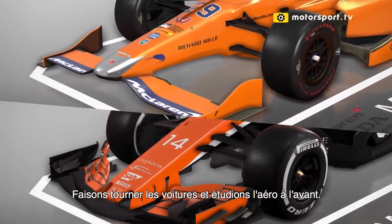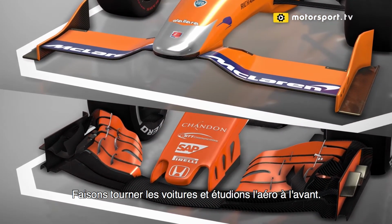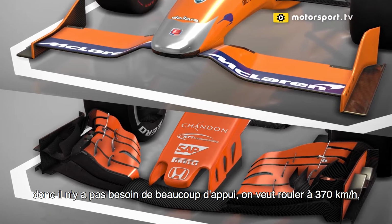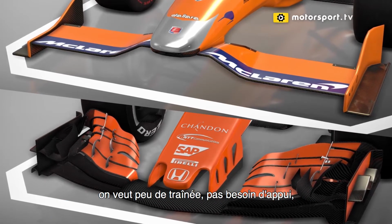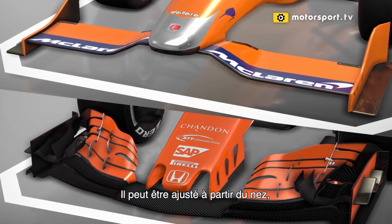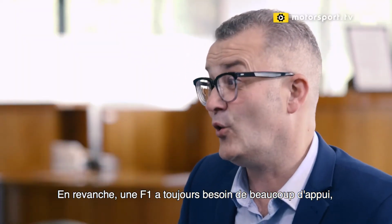You can start to look at the frontal aero, and if we just stop about there, you can see that this is an IndyCar set up for ovals, so you don't need much downforce. You want to be running at that 230 miles an hour. You want low drag, don't need downforce, so the wing is trimmed out to almost nothing. The wing can be adjusted. There's two little adjusters inside the nose. You can actually adjust the wing independently left and right to very tiny margins,